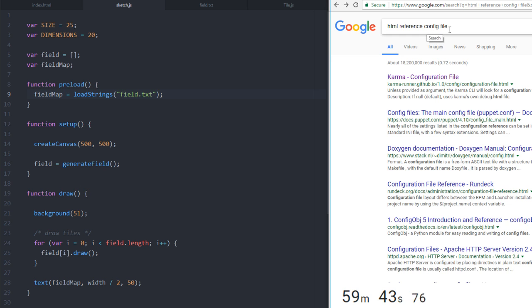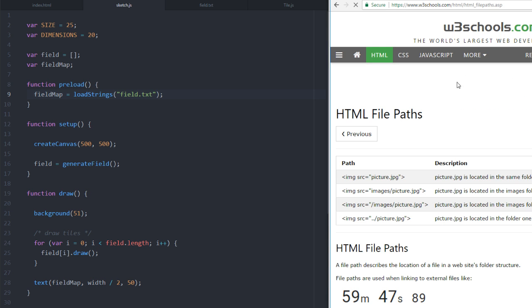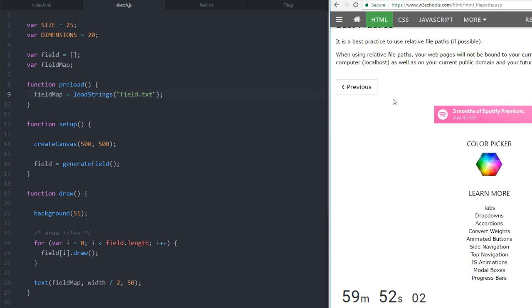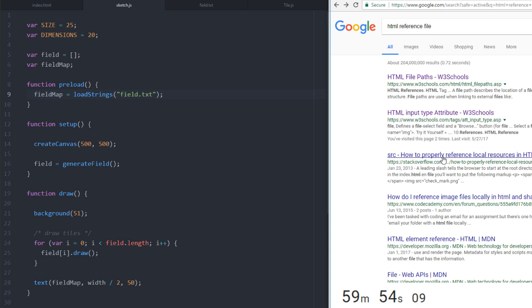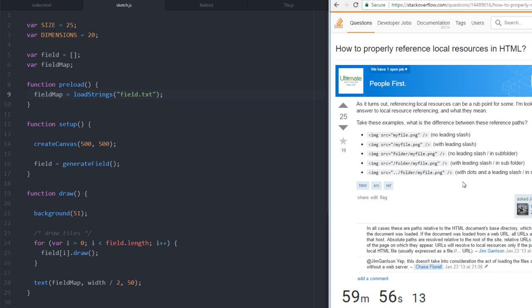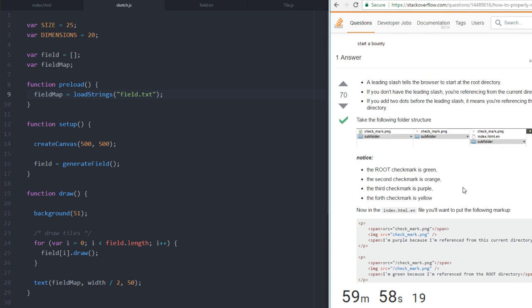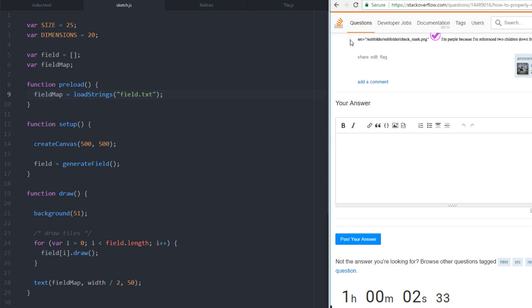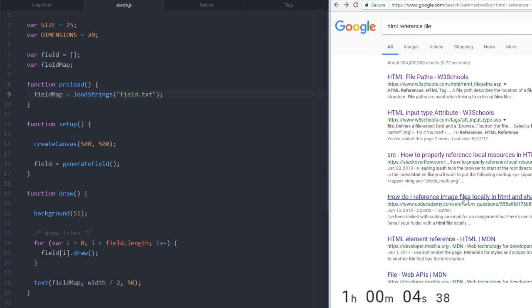HTML reference just a file. I just want a file. I don't want a source of image. I just want a file that my... Okay, here's all the PNGs. They really get you to know how to do those, but